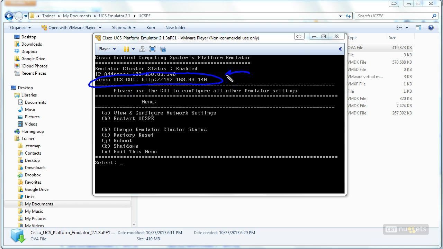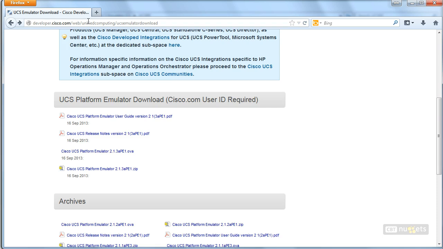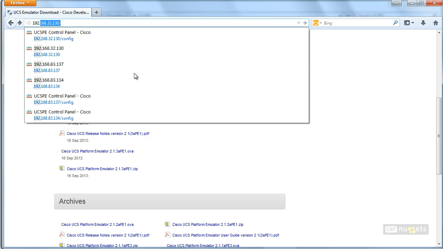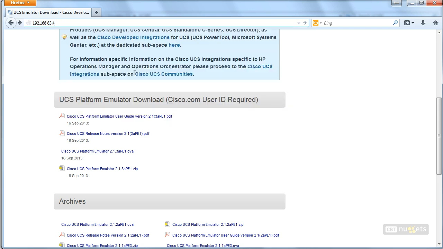And notice that's going to be displayed here at 192.168.83.140. Let me grab a pen and write that down. Okay, great. I've got that written down. And now let me fire open one of those browsers that Cisco said we needed to use. I've got Firefox right here, and we'll type in 192.168.83.140. We'll hit enter,